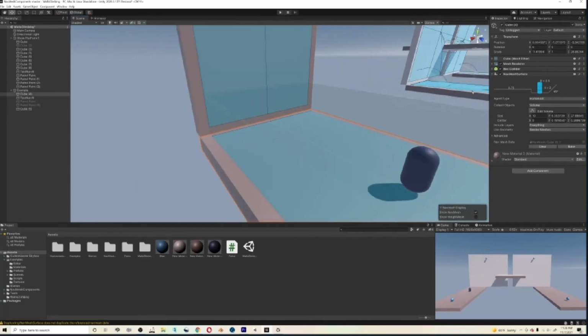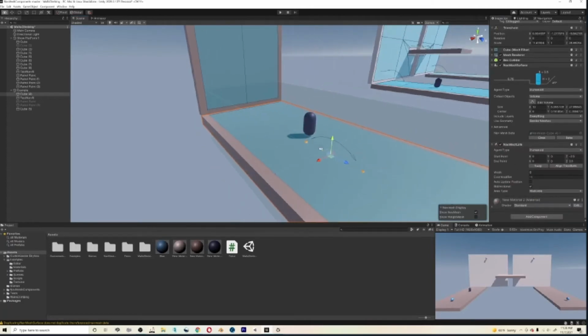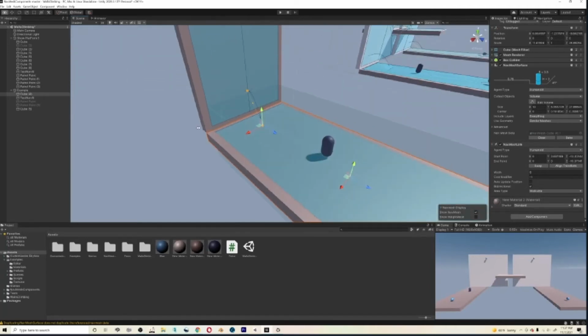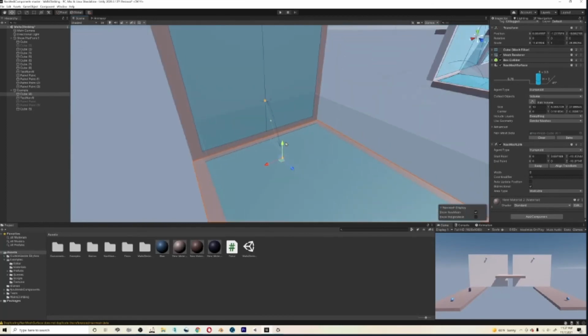It's very simple. To get your AI to move from one NavMesh to another, we simply have to click on one of the two platforms and go to NavMesh link. From here, you'll get these two yellow squares that you simply need to move into place. Put one on one NavMesh and keep the other on the initial NavMesh. This will give you a bit of a bridge. You'll want to widen the width,